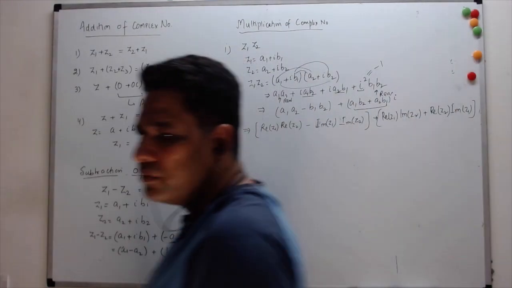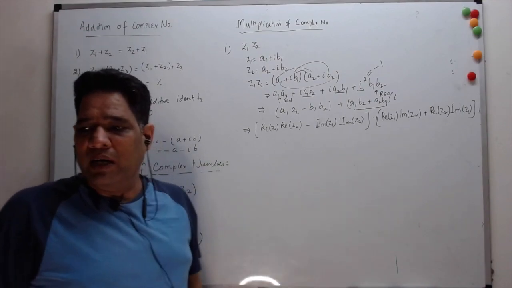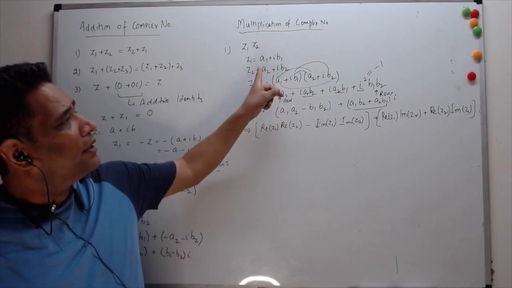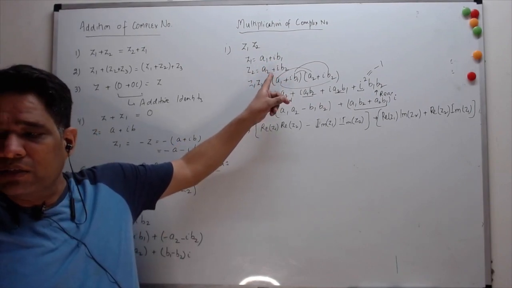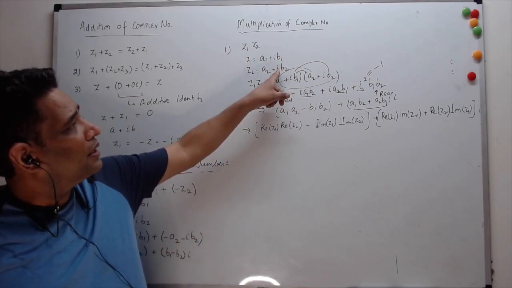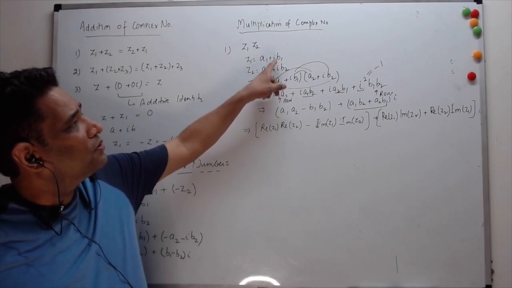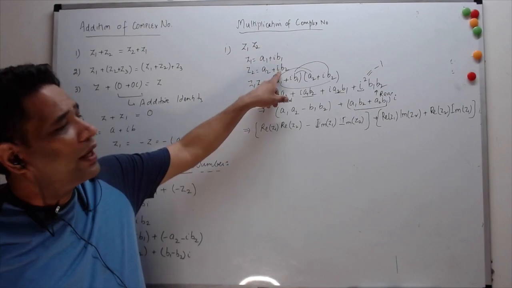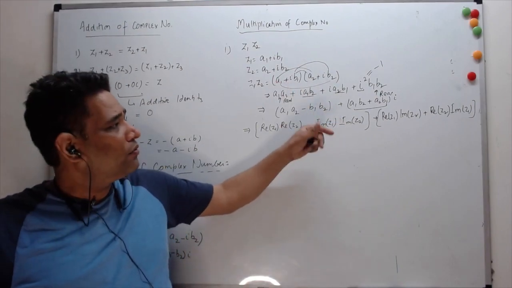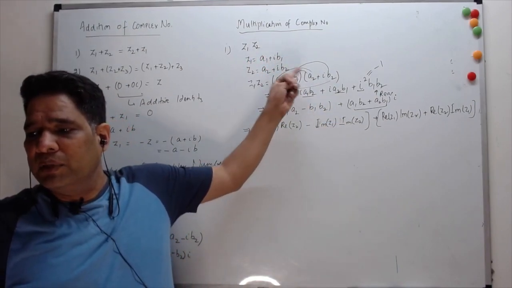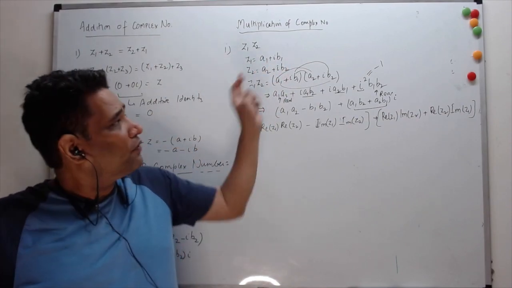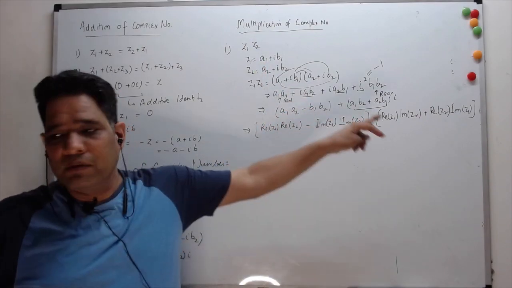And that's more like a result which you need not try and memorize, but it's not too difficult. The only thing to look at is to be wary of the signs. Since we have taken all positive signs here, you still get a negative here, for the reason that both of them are imaginary parts, so when you do a product of the two, that I square will give you a negative sign. Rest everything keeps the sign of whatever is with the values of A1, B1, B2 and A2. So if all of them are positive, except for this, everything would be positive.